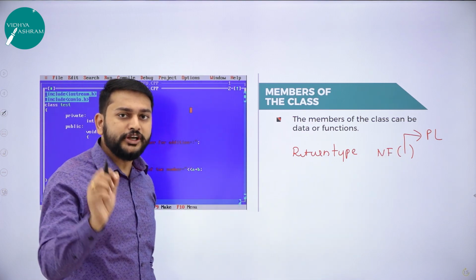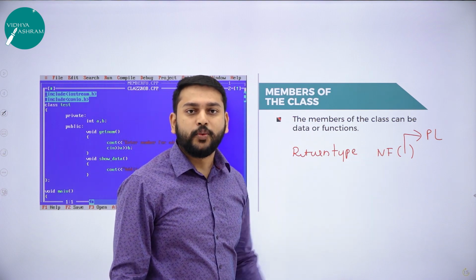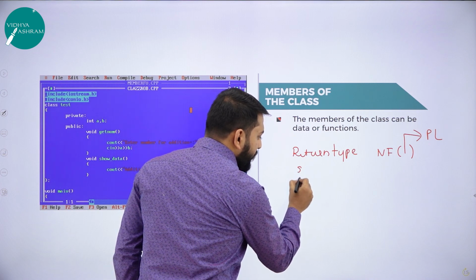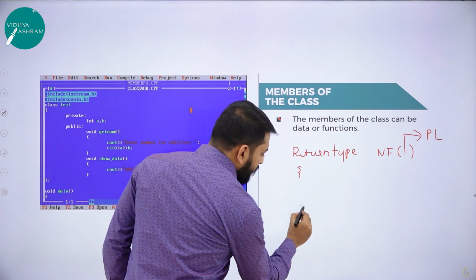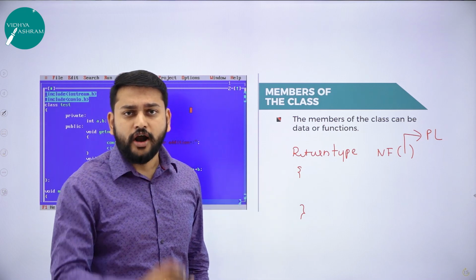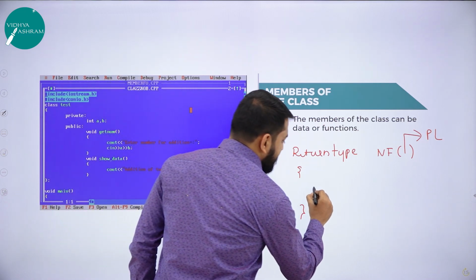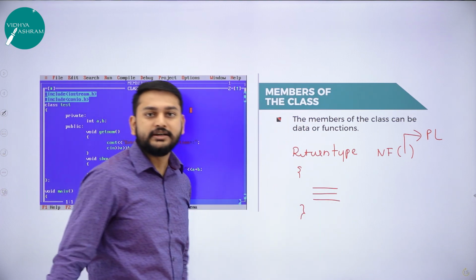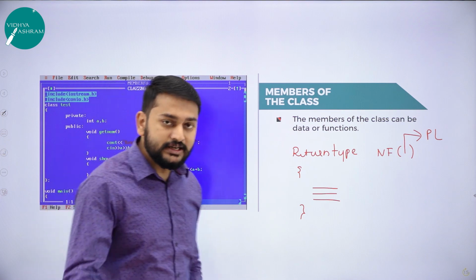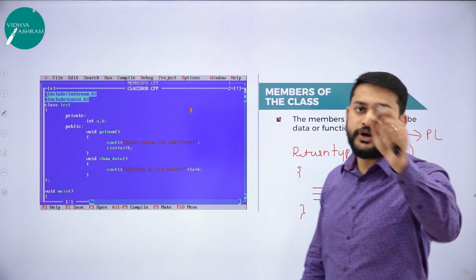As of now, you need to remember only two things. The first one is return type. The second one is name of the function. Then after that, I will be writing the open flower bracket. Then I will close the flower bracket. So what is that I have to write inside? Whatever you want. What is the task that you need to perform? For that, you need to write the group of statements. So this is the syntax, this is the structure of any member function. My dear students, you need to remember.